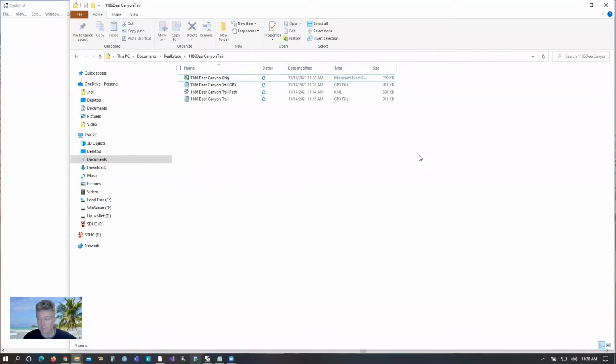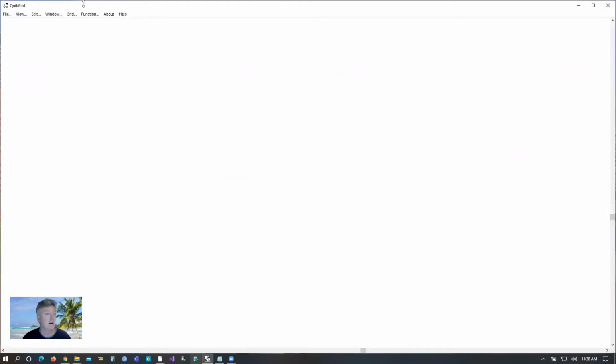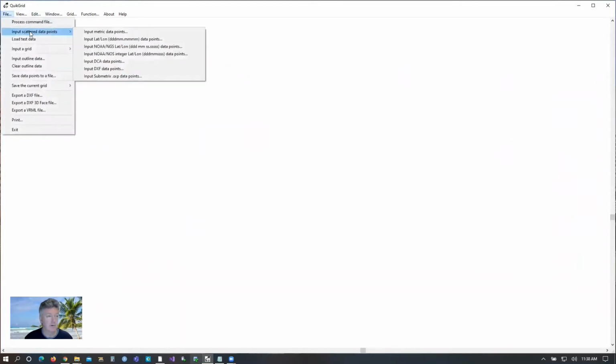Now we have our spreadsheet, and go over to Quick Grid here, which the link will be down below. And we're going to input scattered data. One of the things I anticipate being wrong here is when I collected that 10,000 plus data points on the original map, for whatever reason, it can't go beyond that amount. And I think we lost some of the data in the higher elevations because as we were scanning through, I didn't see any data points that altitudes converted over to 7,000 feet and above, which there should have been quite a bit. But let's just see what happens when I